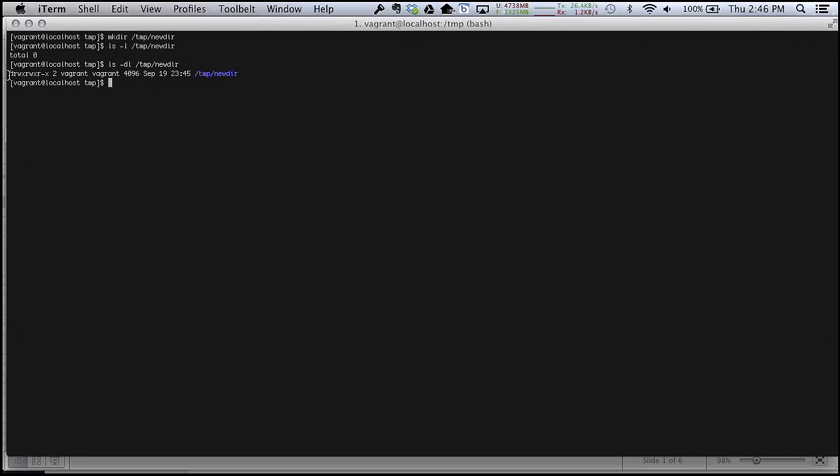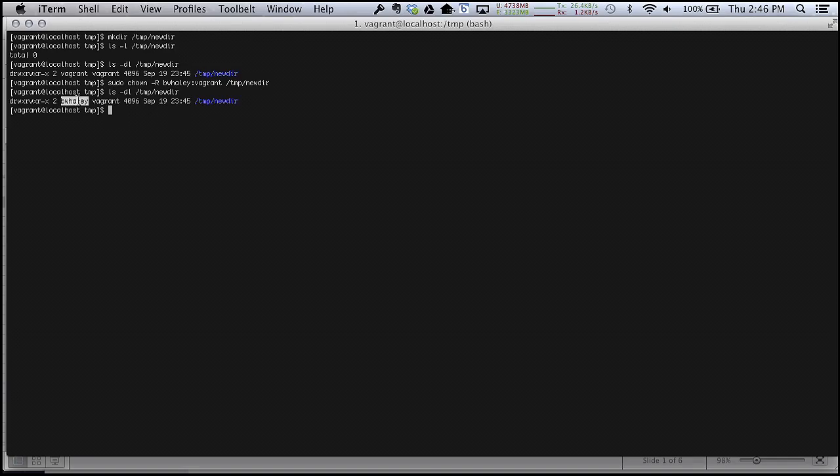So we can see that this is a directory because it's prefixed with a d. We can see that the vagrant user has read, write, execute permissions on it. The group has read, write, execute, and everybody else has read and execute. Now I can change the ownership. I could say sudo chown -R to be recursive, meaning that directory and every file underneath it will be changed. I could say bwhaley:vagrant. So I'm changing the ownership from the current owner of vagrant to the new owner of bwhaley, /tmp/newdir. And now if I list it again,